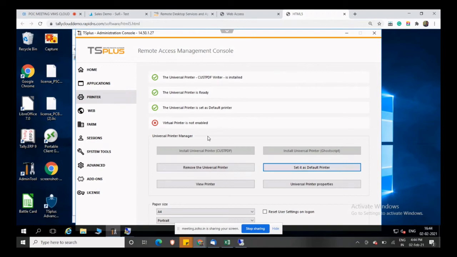You don't need to configure any third-party application. Whatever printer is already configured on your local system, you can take a printout via that option only.